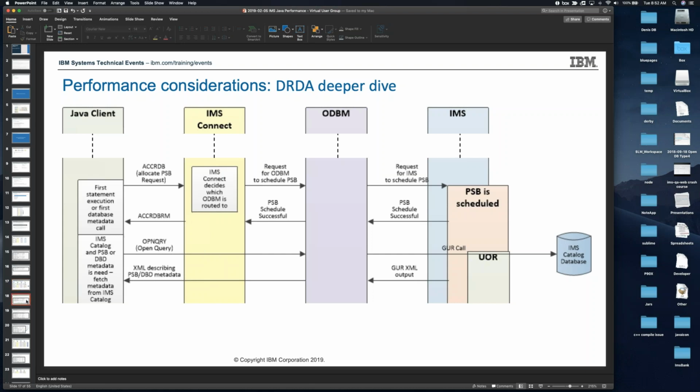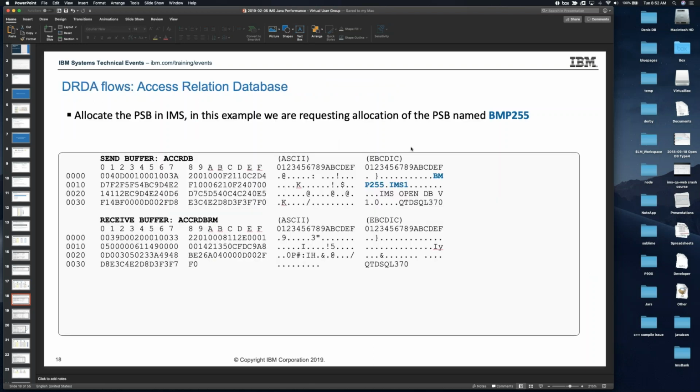So there's this allocate RDB, which is basically our allocate PSB request, again to BMP255 and routing to IS1, and then we get back our reply on that. From a performance standpoint, if you're seeing delays in between these two flows, what that can typically indicate is something like maybe a pool space. If you're waiting for pool space on an allocate request,